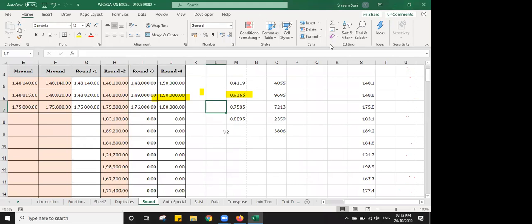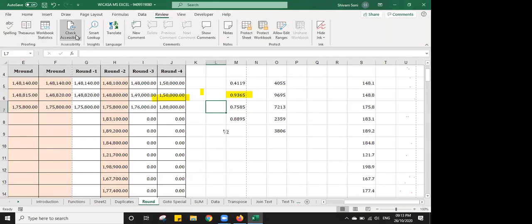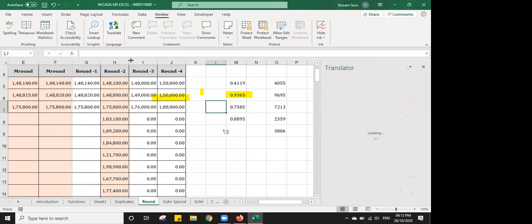Apart from this, you can have a detect option. You can have this ideas option. And many other options you can see. You will gradually learn. You can have this translate option. This translate option is available in MS 365. This is very much useful in your Word.